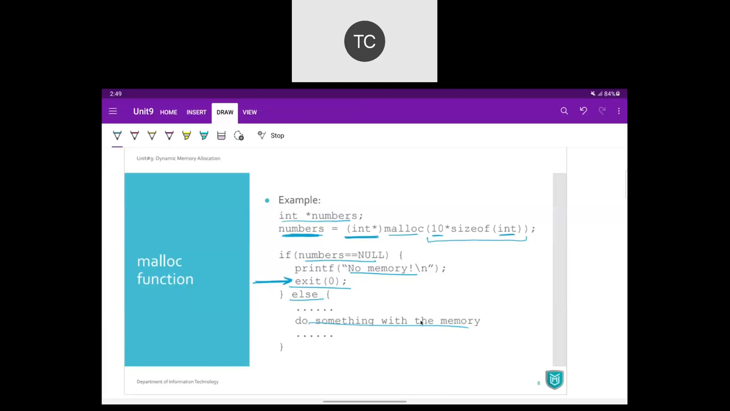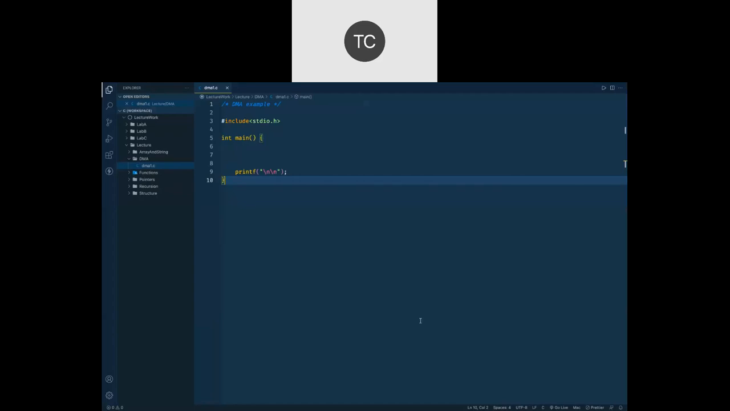So let's have a look at the code, one example, one program, to understand this entire process. So let's jump into the coding environment and let us go for one program here. Now before we make use of malloc function and pointers, let us have a normal program where we declare an